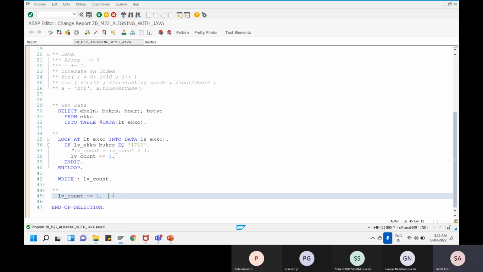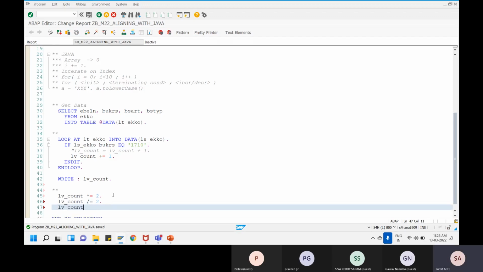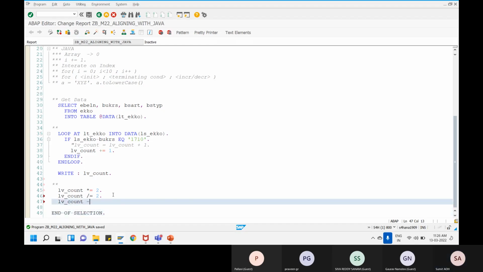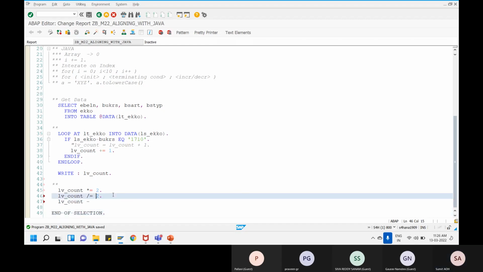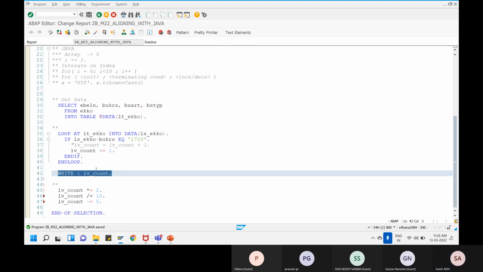It would multiply the value by 2. If I want to divide it by 2, or subtract the value by, let's just say, 5, then that is also possible. So all I can say is